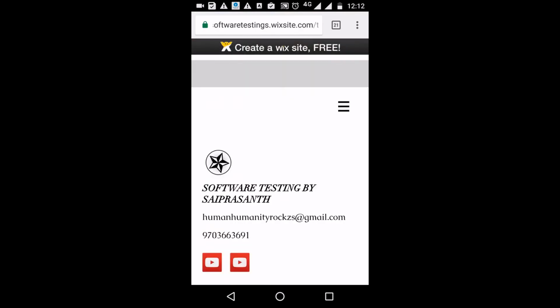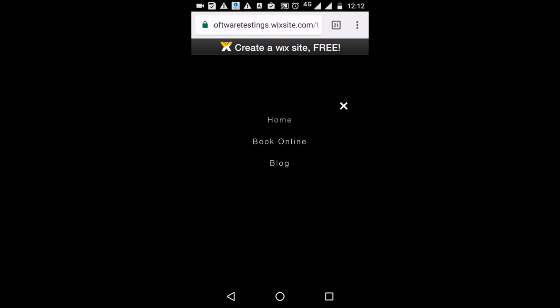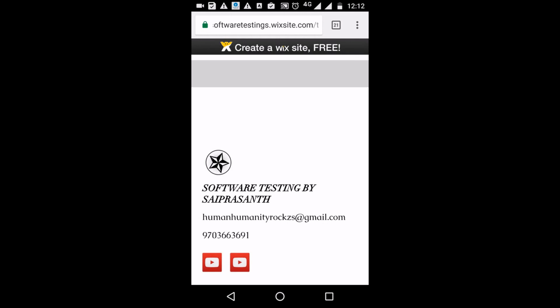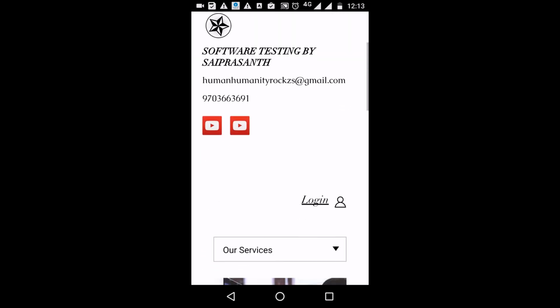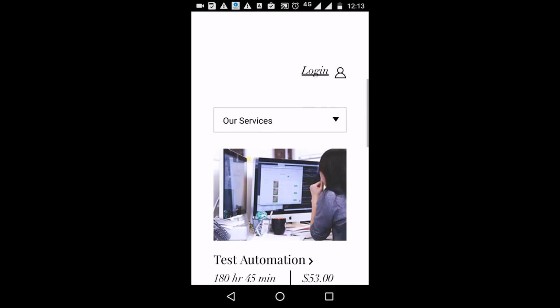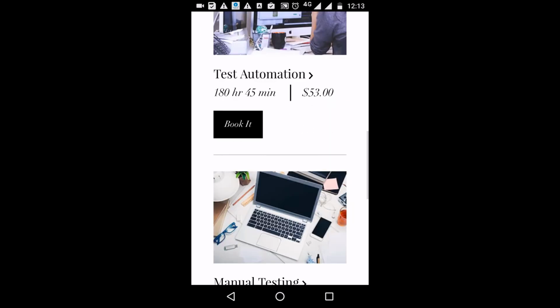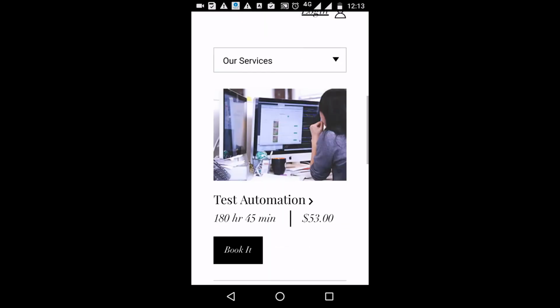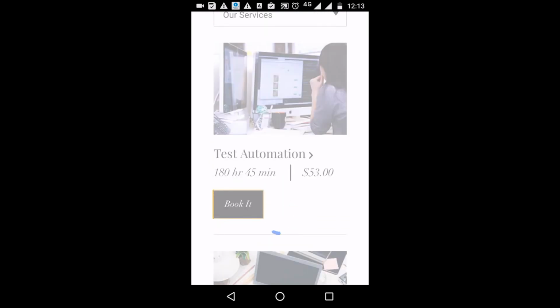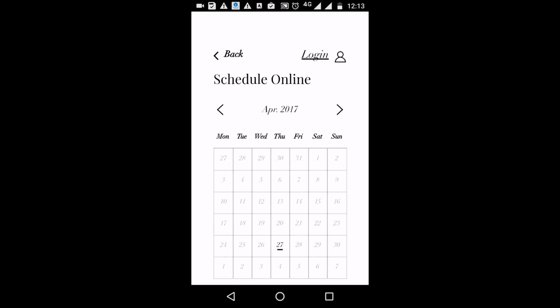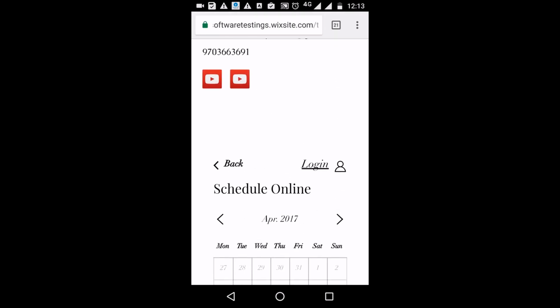When you talk about short navigation, see here. You can see the sub modules here. Book online: you need to navigate to book online. You have short navigation. By clicking these three buttons, you get this book online option. After clicking it, you navigated to the book online option. Now see here, you got these options. The options changed here: login page, book it, like this. Let us click something, book it, test automation. To navigate to the home page, again we have to click back. This is short navigation.